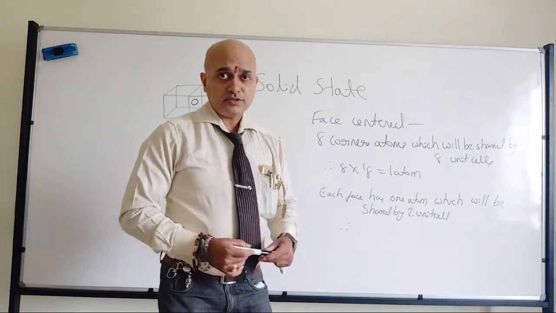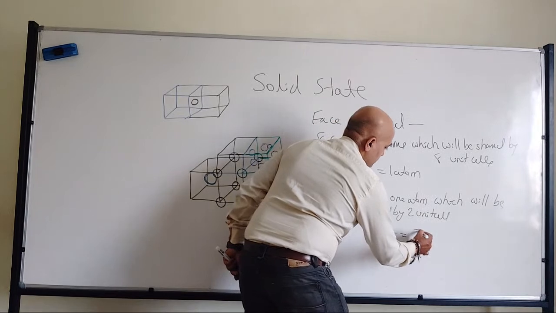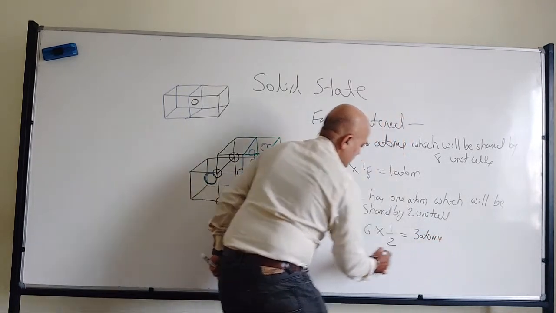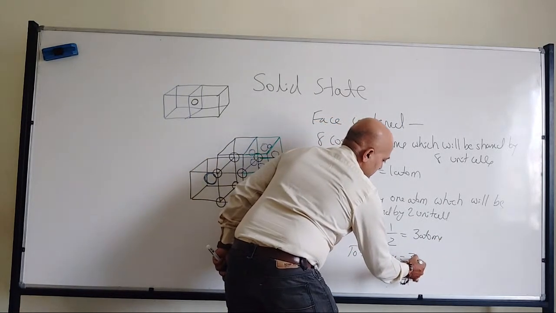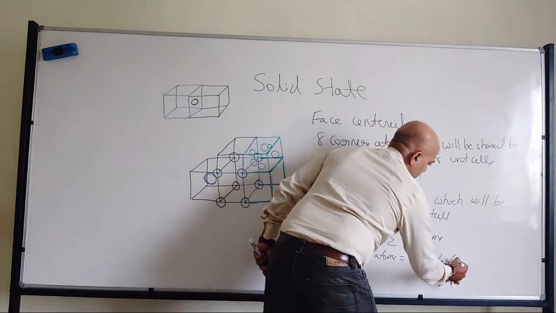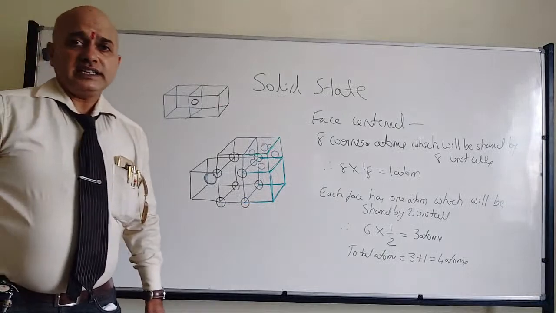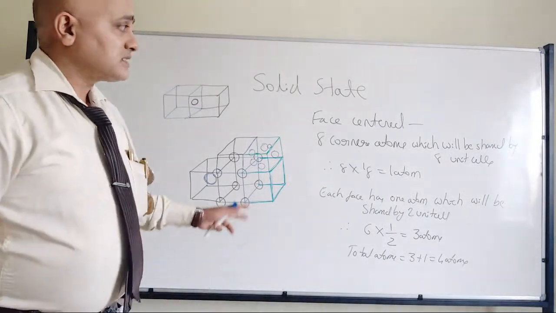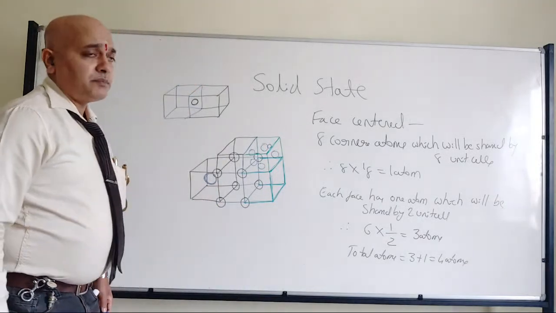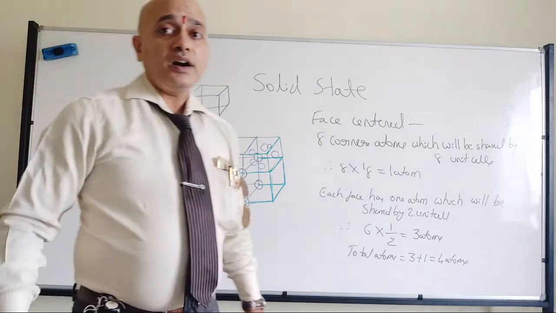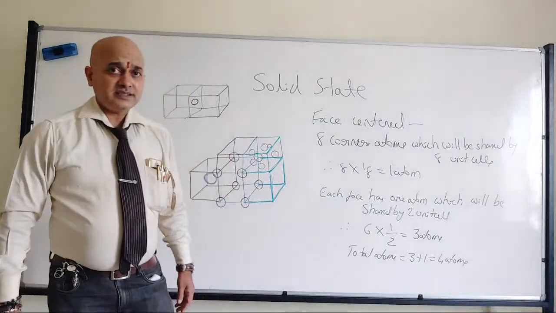So 6 atoms. 6 into 1 by 2 is equal to 3 atoms. So therefore, total atoms will be 3 plus 1 is equal to 4 atoms with respect to face-centered unit cells. Fine? So that's how it should be written. All of you have understood? Why 6 divided by 2? 6 divided by 2 because each of the 6 face-centered atoms will be shared by 2 unit cells. Therefore, 6 divided